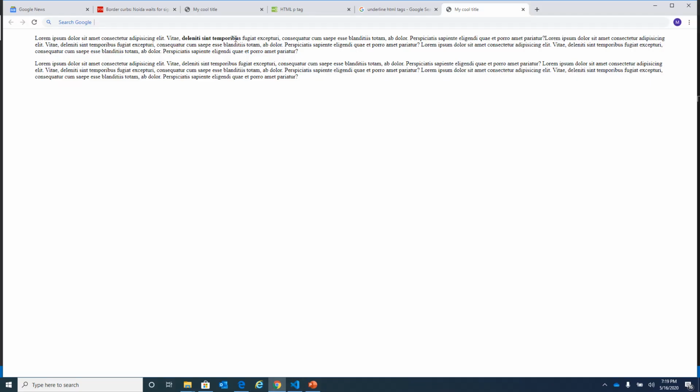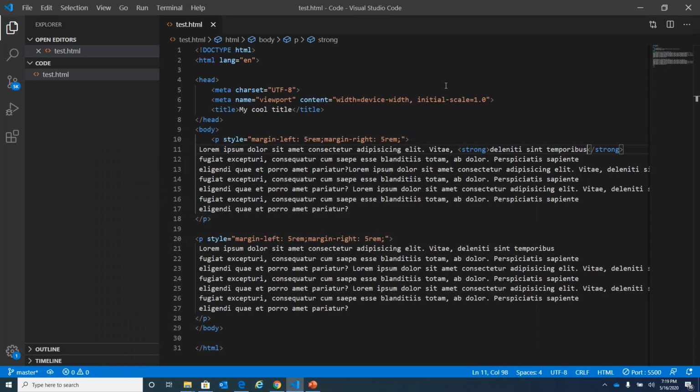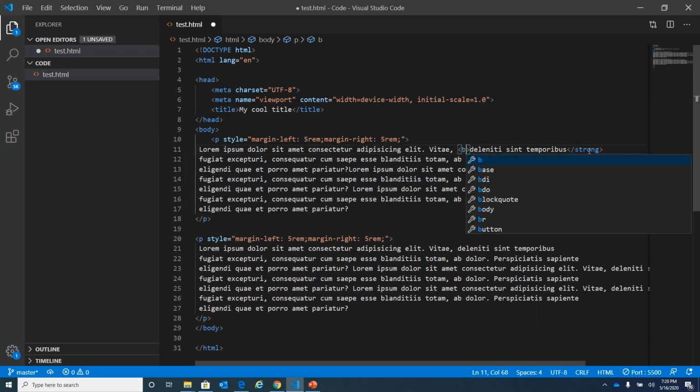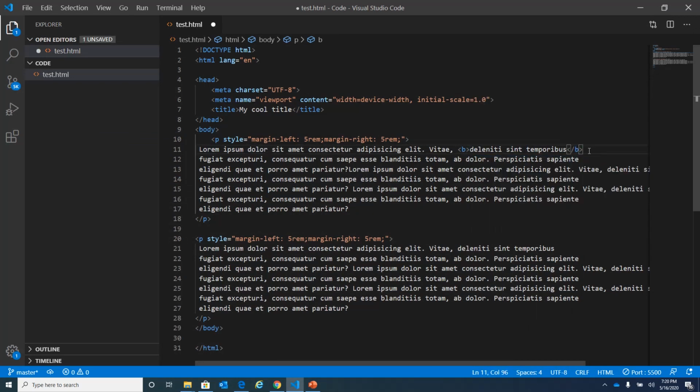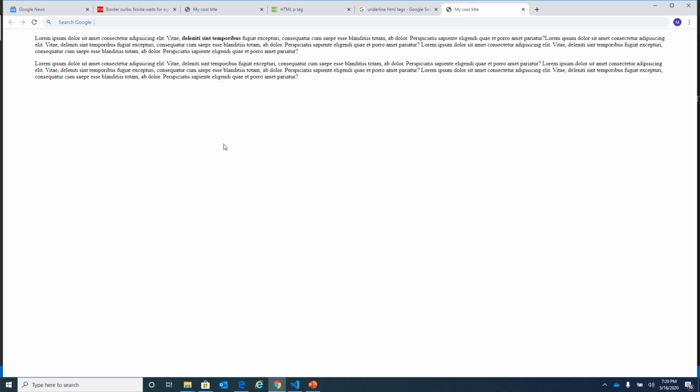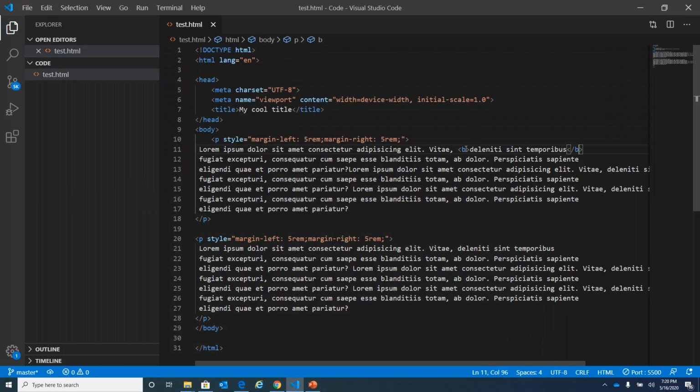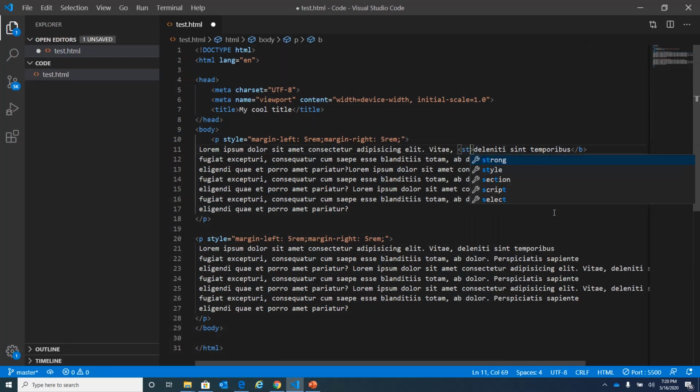See, up to this point, this has appeared in bold. Earlier, before HTML5, b was used for that, b for bold, but it was deprecated with HTML5. So we see the same effect, but it's not recommended now. So we have to use strong.